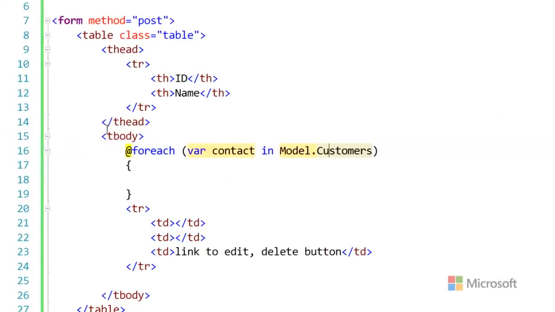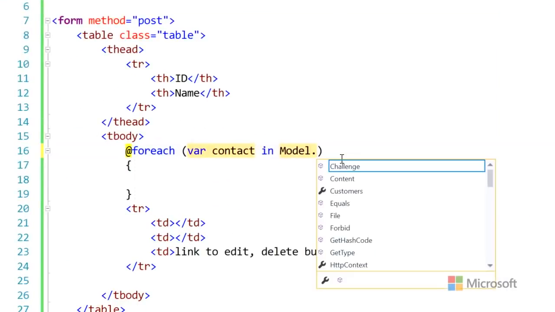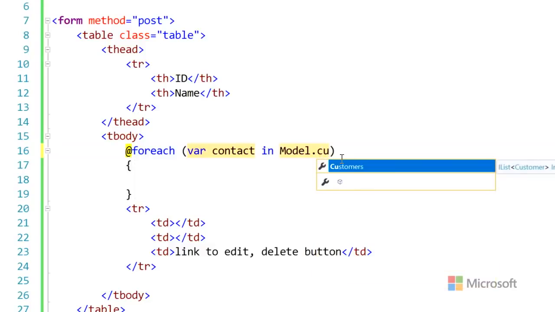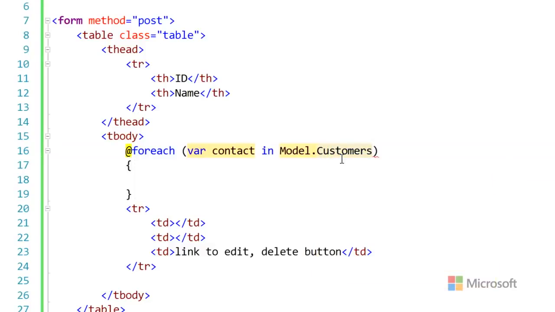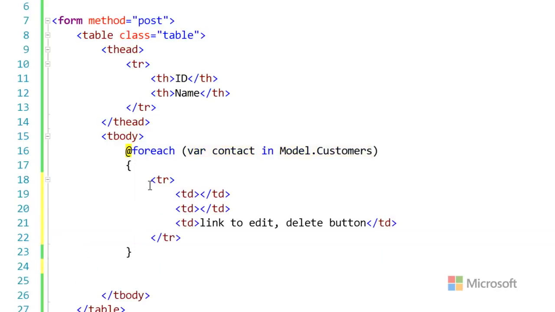And now that model, the page behind us, has customers. Look, customer shows up, see? Yeah, which is nice. So then I think I can put my TR in here. And I'm hoping, remember it says, oh, I said contact. I should say customer. Customer singular. For each customer, that means that the customer